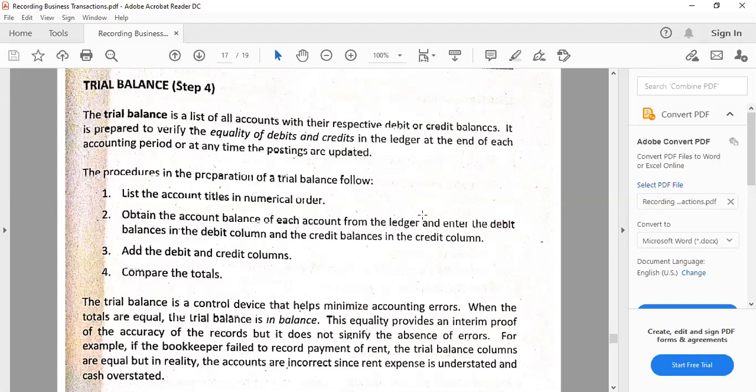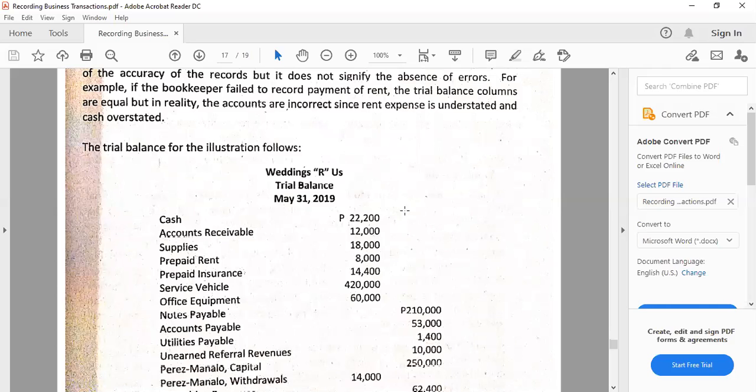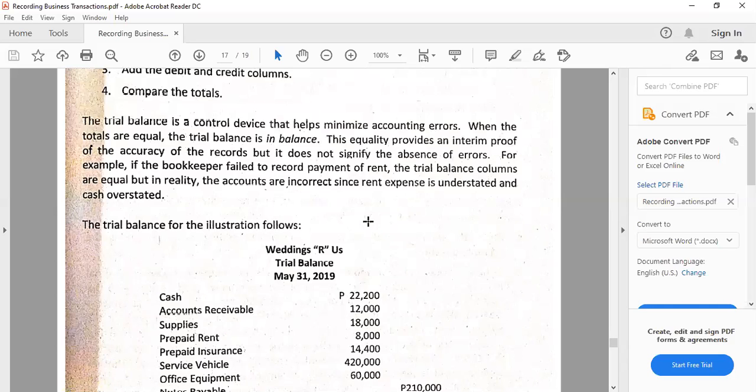That's correct. So the debit or credit balance, we have to be careful though, and also careful about entering the debit balances in the debit column and credit balances in the credit column. So debit is to debit and credit is to credit. So the debit balance of cash should be written down in the trial balance on the debit side. So you can see it here, cash, 22,200.